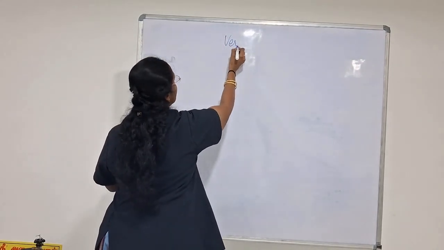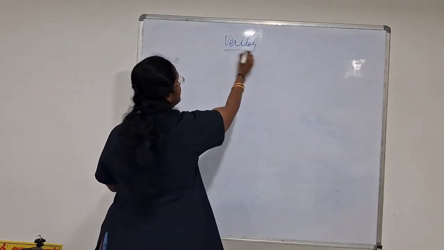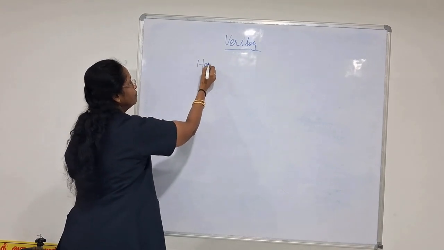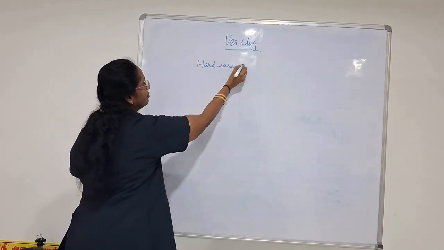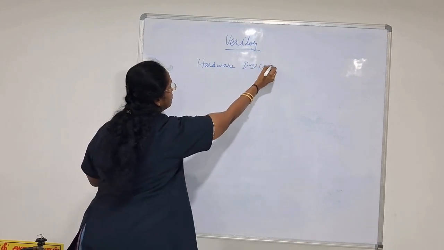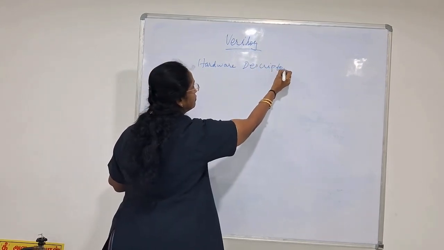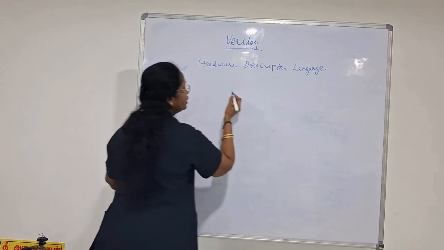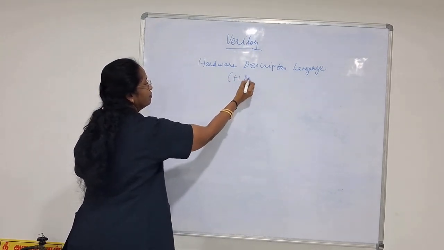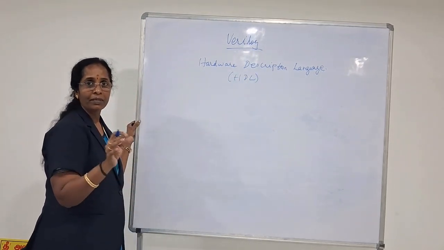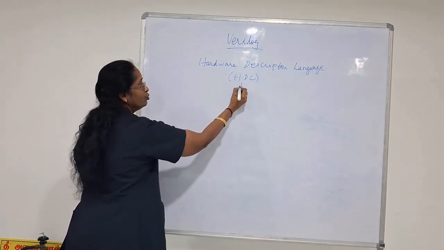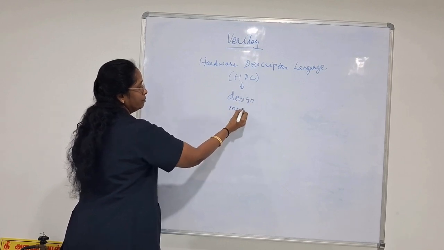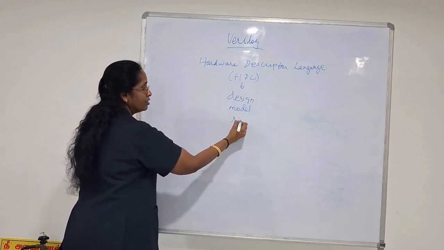Verilog. Verilog is a hardware description language. In short form, it is referred to as HDL. What is the main purpose of this HDL? It is used to design, model and simulate